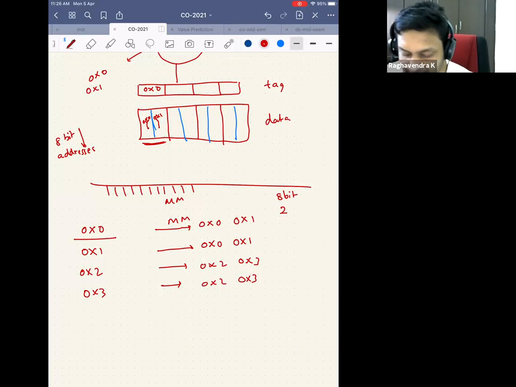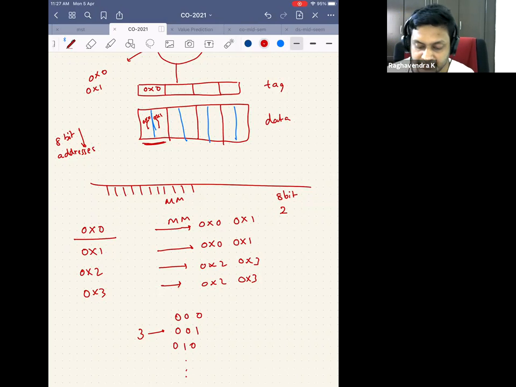This is something we already saw, right? If there are 3 bits in an address, then I can access 8 bytes. The first byte address will be 000, the second byte address will be 001, the third byte address will be 010, right? And we already agreed that we'll always access a byte and not a bit. So if the CPU is generating 8 bits as an address, the number of bytes in the main memory it can access is a maximum of